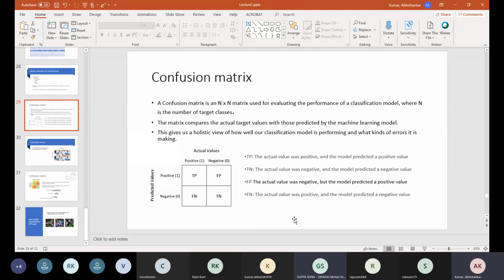First of all, you have to tell what will be in the column and what will be in the row. So basically, in the column the actual value, and in the row the predicted value. Correct. So this confusion matrix is divided into 4 different sets actually. One is called true positive, true negative, false positive and false negative. Okay.